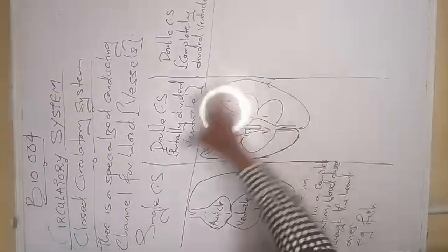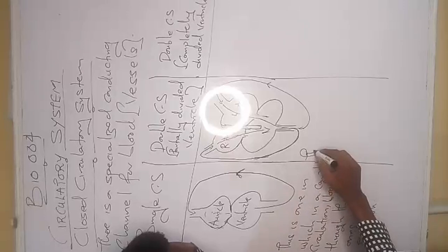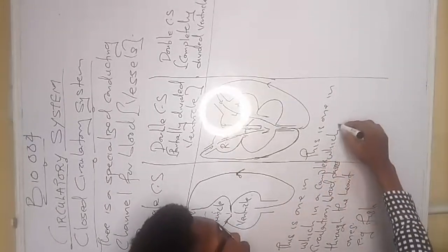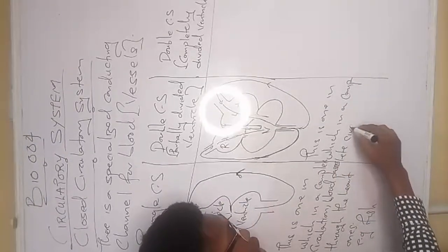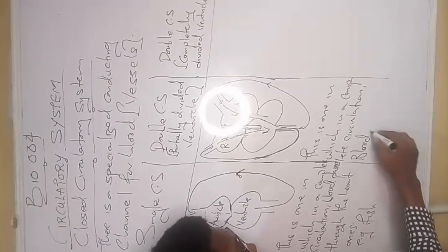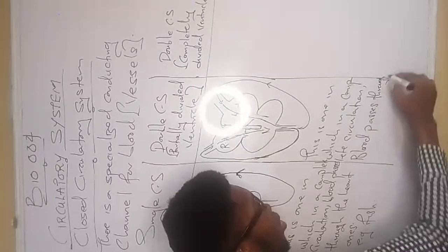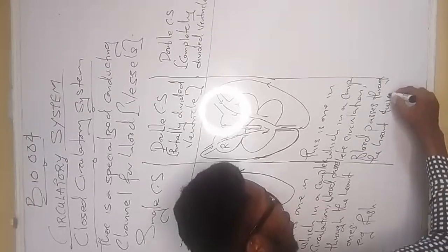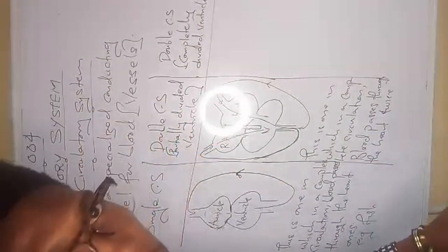Okay. So we have been able to explore this one now. We said this is one in which, in a complete circulation, blood passes through the heart twice. Now for the last one,